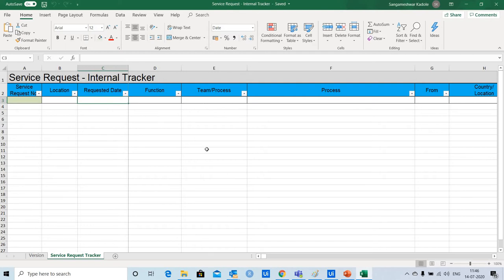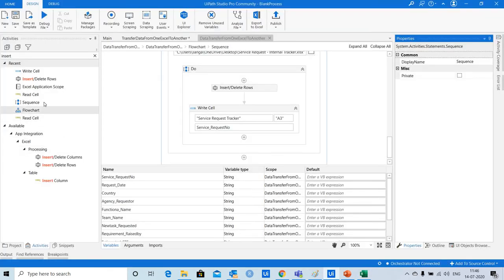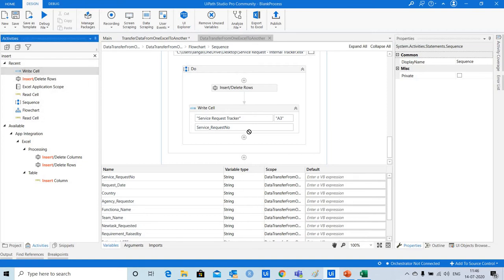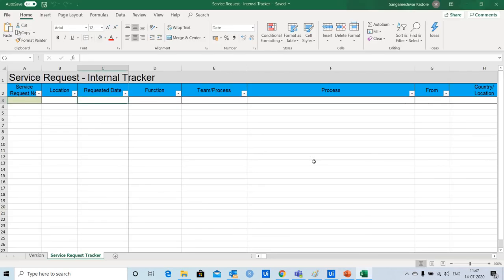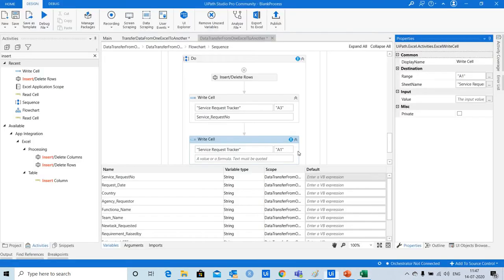Next field, requested date or request date. So for that again I will use the write cell activity. The sheet name is the same again. The cell where we want to write this data is C3.